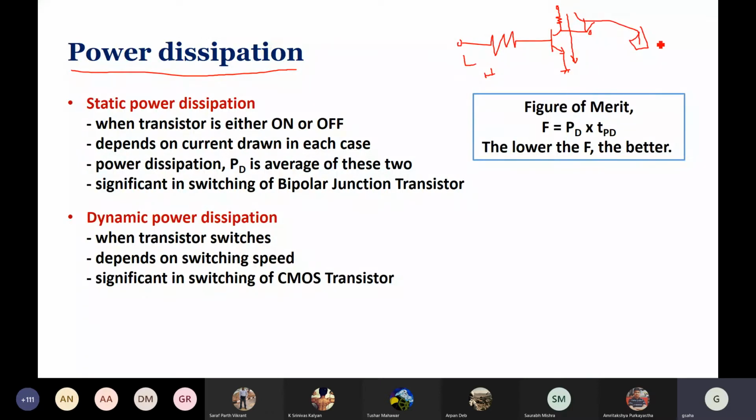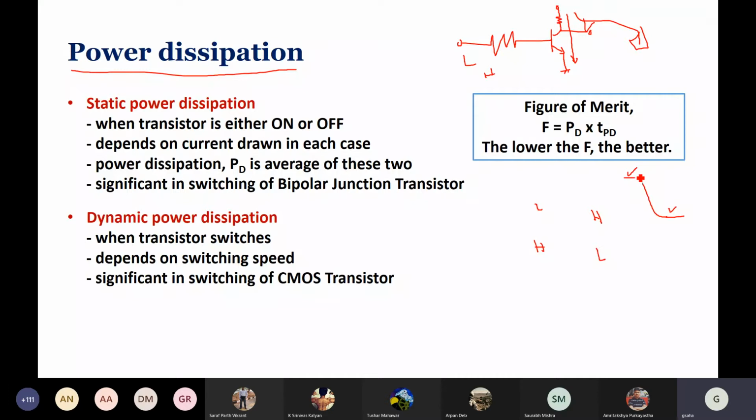So that is what is meant here, right? And what is dynamic power dissipation? When a transistor switches from low to high or high to low, we have seen that it passes through the active region for some time. Even if we can have a configuration where, during its stable states, when it is low or high, power consumption is minimal or zero, we cannot avoid power dissipation during switching. So that is the dynamic power dissipation that we are talking about.